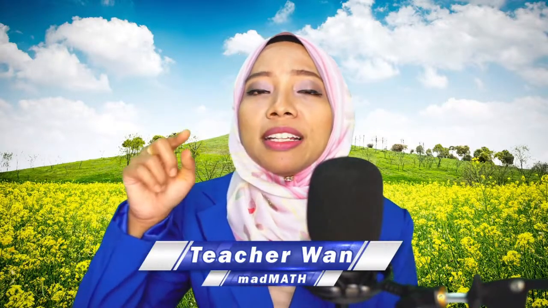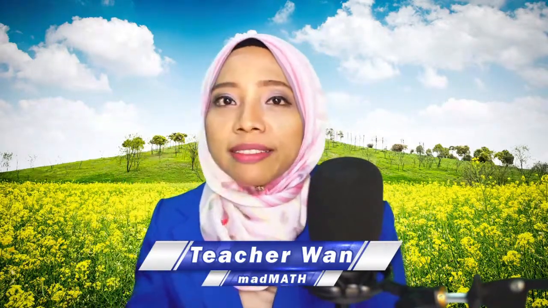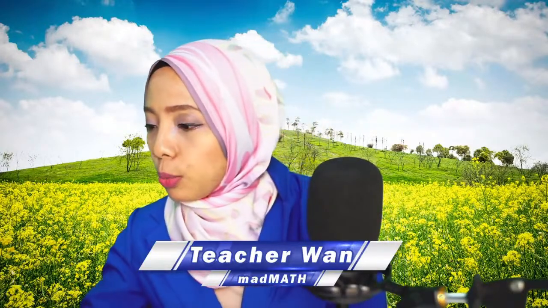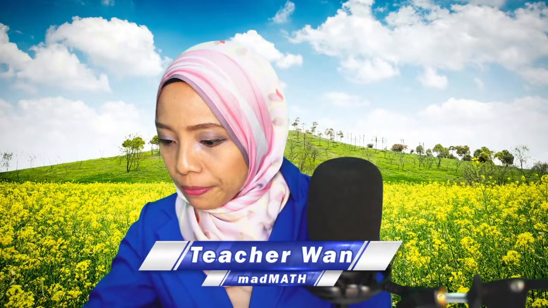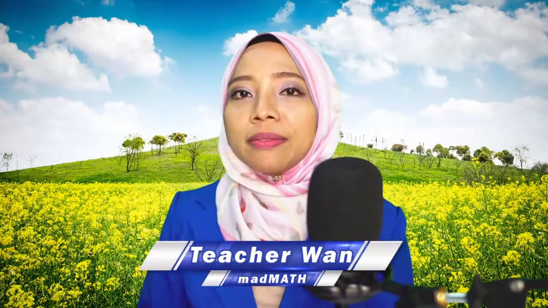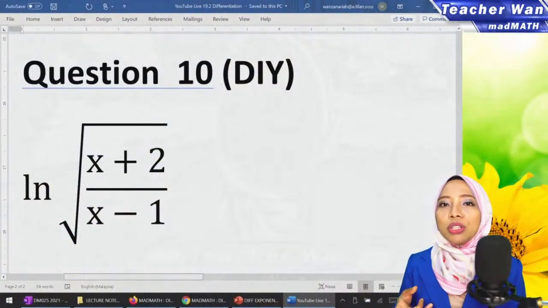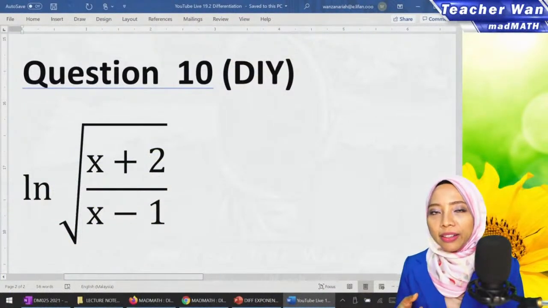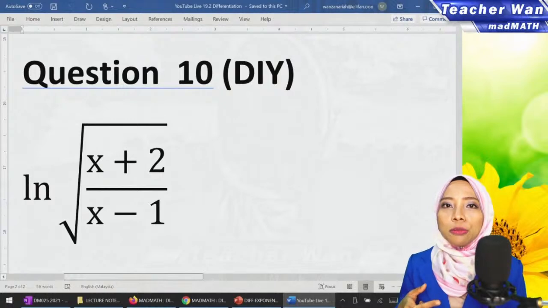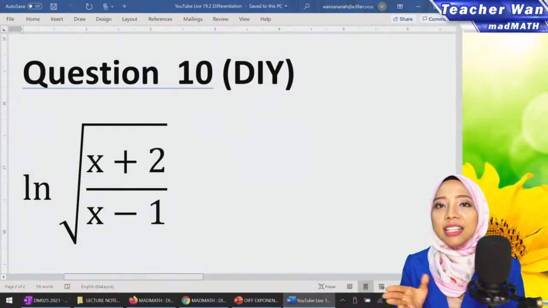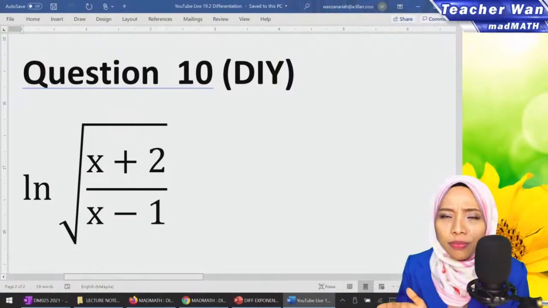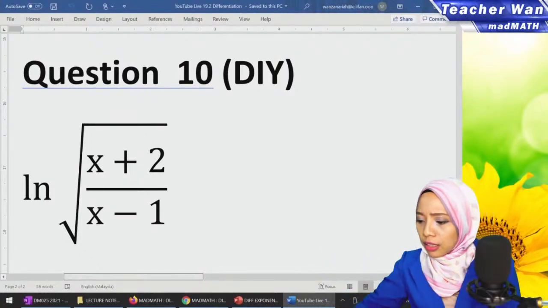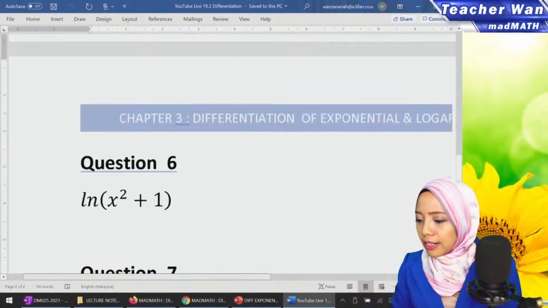But then you look at the Telegram group. I have posted the question at the Telegram group. Or if you want, I can open it too. Okay, this is the question. This is question 10 DIY. This is the question that you need to do DIY. Okay, screenshot, share to the groups. Screenshot. This is for my students as well. All D2P12, D2P13, D3P6. Try this question and upload not at the Madmath group, upload at the Telegram group. Alright, that's one question.